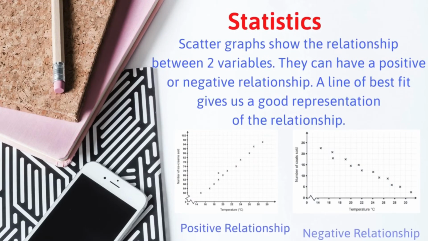There are lots of different graphs we can use for representing data. Scatter graphs investigate the relationship between two variables. It has all the data plotted on the graph. If the two variables have a positive relationship, then as one variable increases, so does the other. If their relationship is negative, as one increases, the other decreases. A line of best fit through the middle of the points gives us a good representation of the relationship between